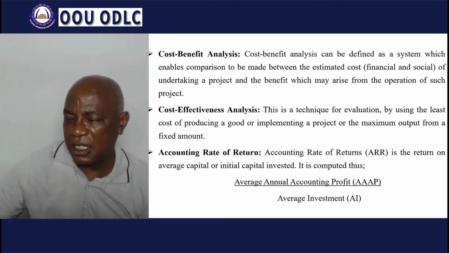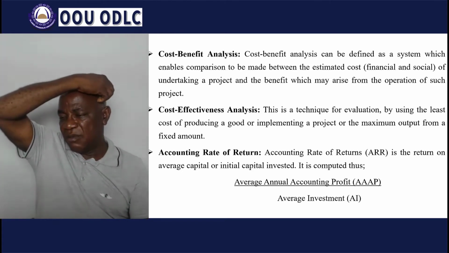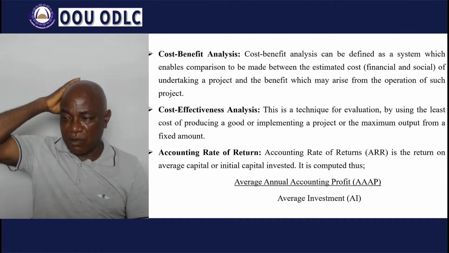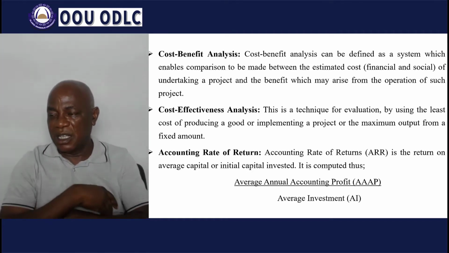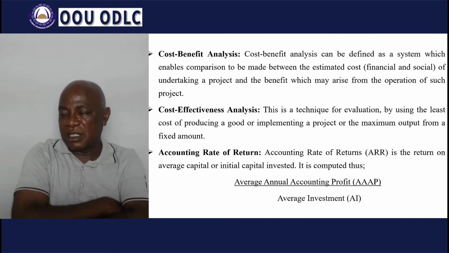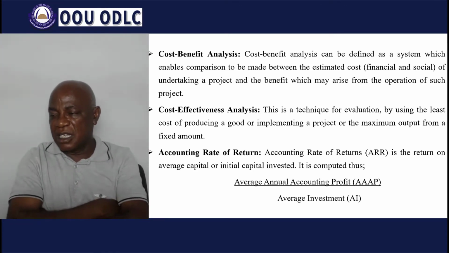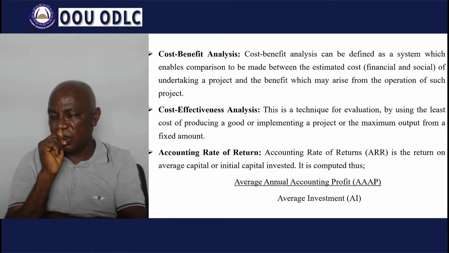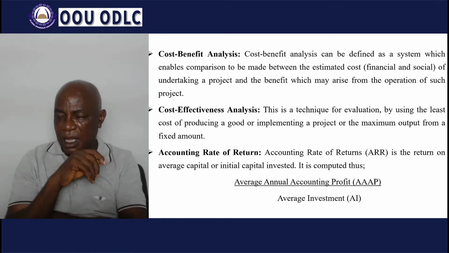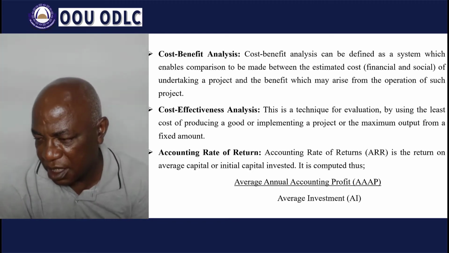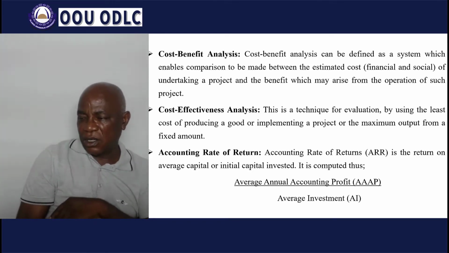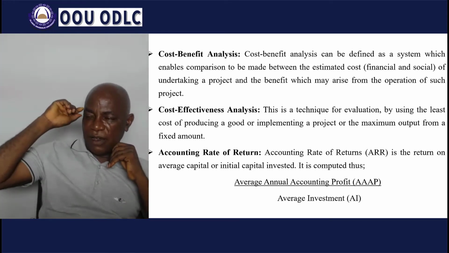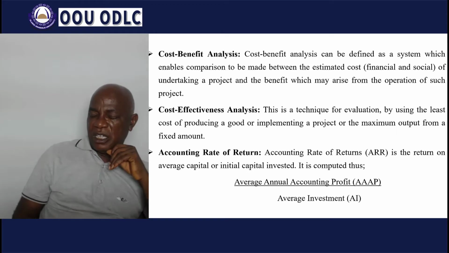So the advantages and the disadvantages, you can please read them up on your own. They are just written in simple sentences. For example, the merits are documented here as the fact that it is simple to understand and calculate. It facilitates expenditure follow-up. The profit of the project is considered throughout the useful life of the asset. And what about the demerits? Well, risk and uncertainty are not adequately catered for under this method. Also, the time value of money is equally ignored.